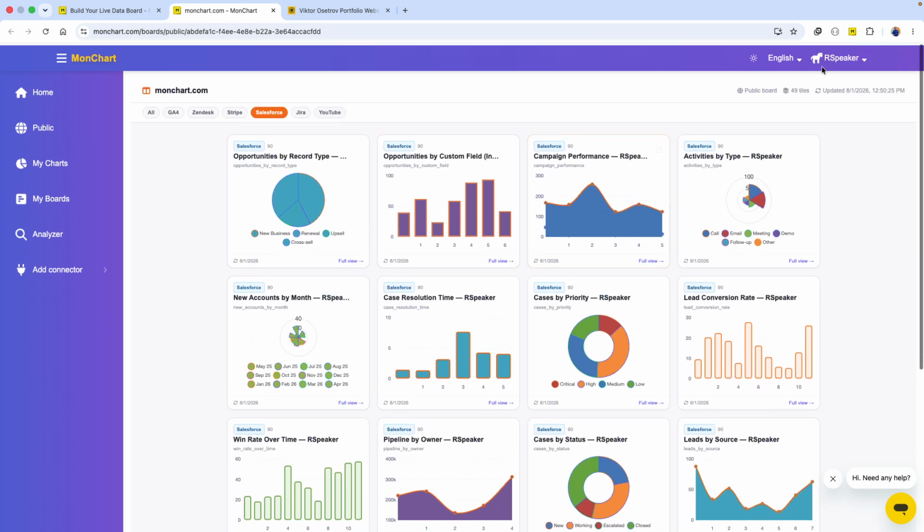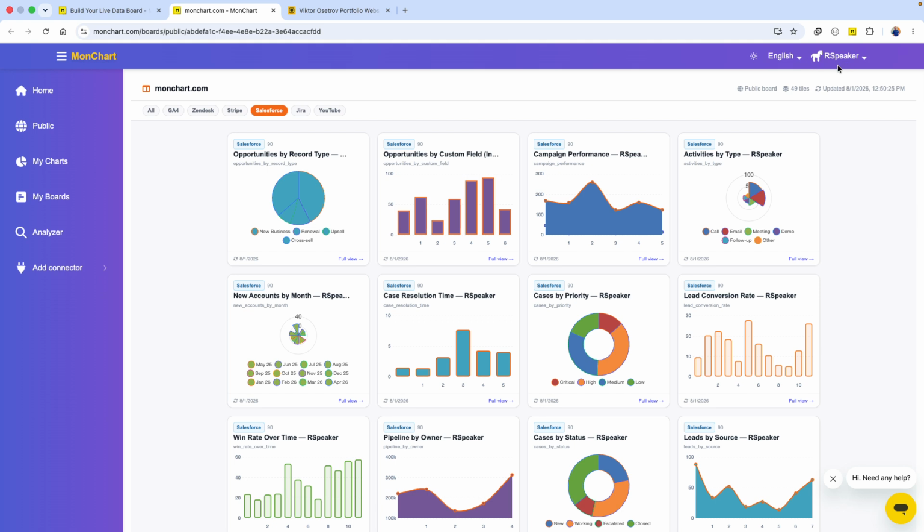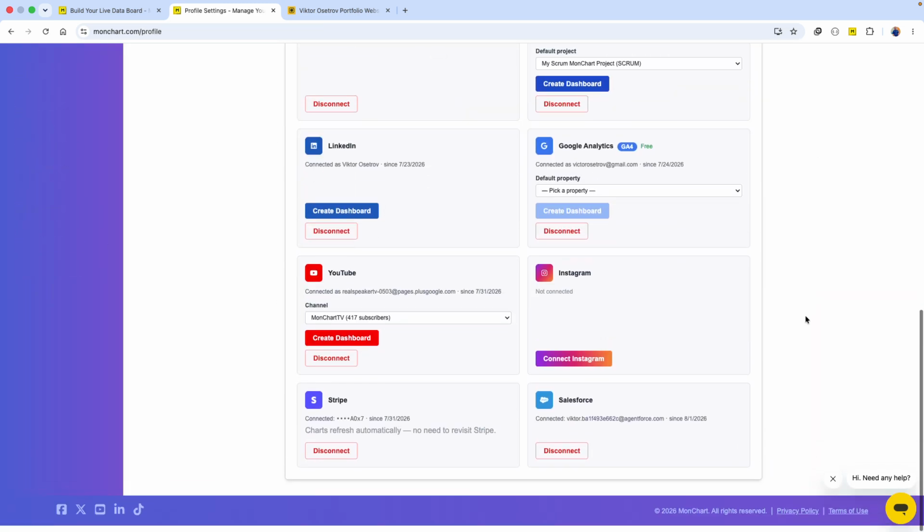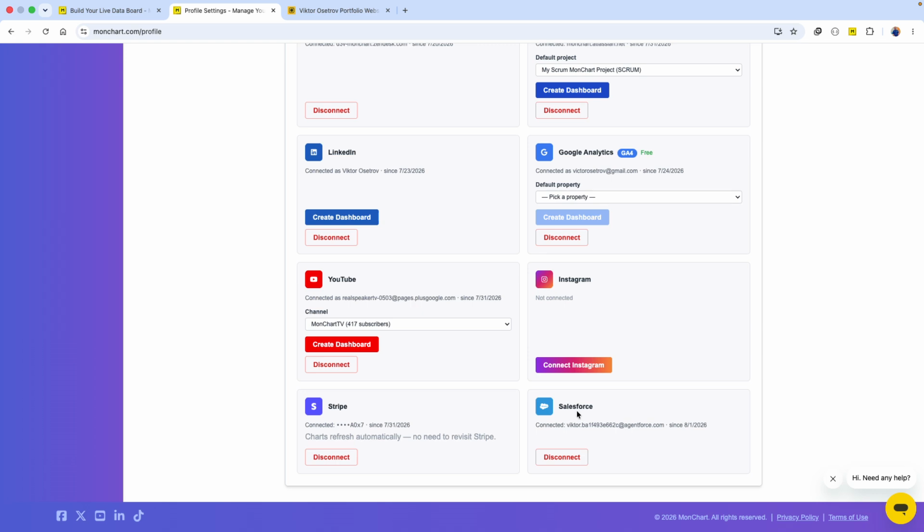For that, please log in to monchart.com using your credentials or create an account there, and then go to your profile and click on connect to Salesforce here. I already connected. Please approve it from your side, and it's read-only access, which allows reading data from your